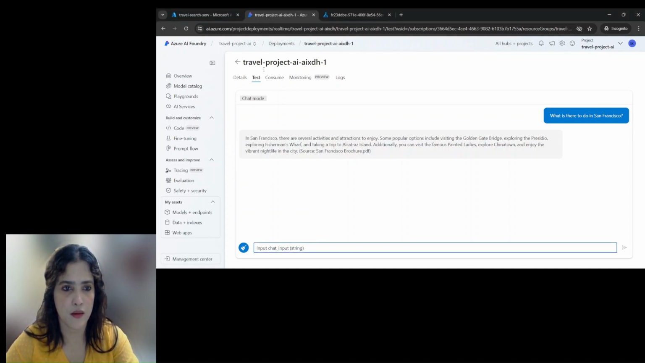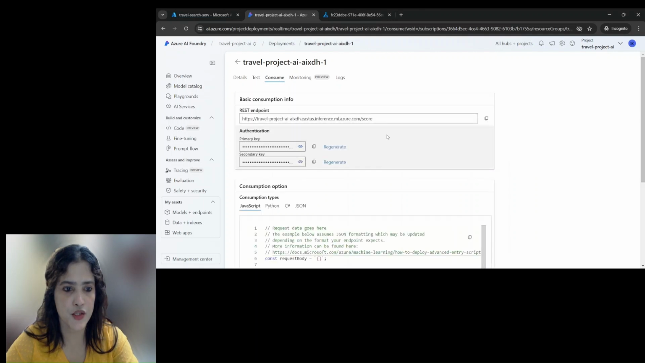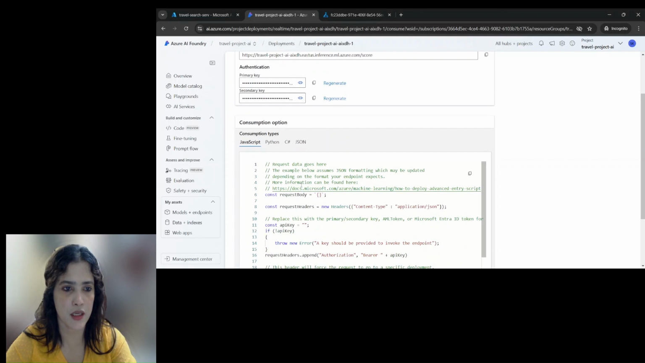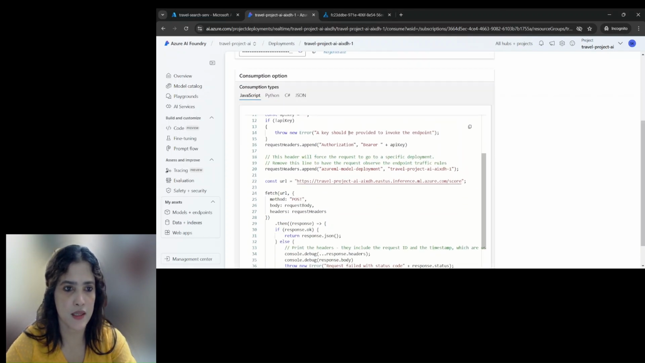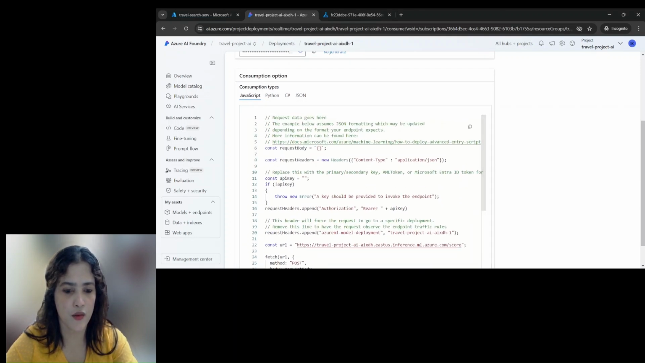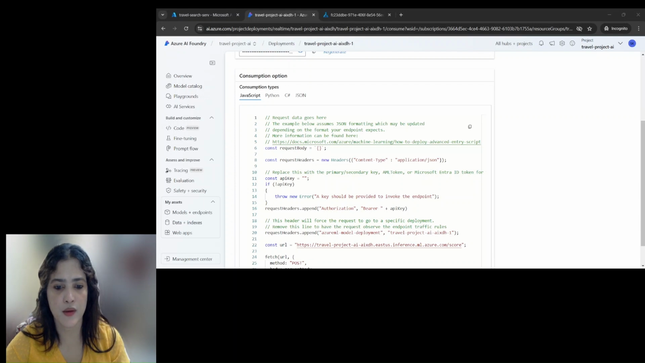Now we can see the consume page, and here the basic consumption information and consumption options. Here you can see this in JavaScript, in which language you want to see this. Okay, if you want this source code, you can take it. So now we have successfully completed this